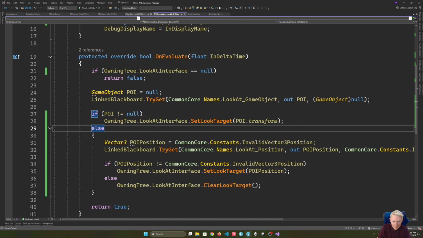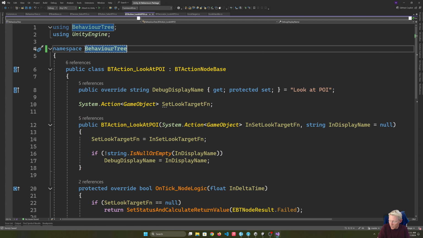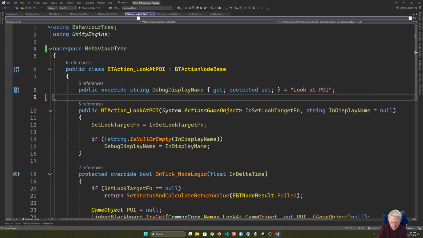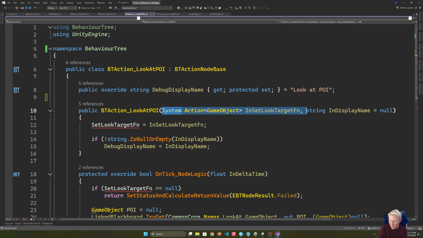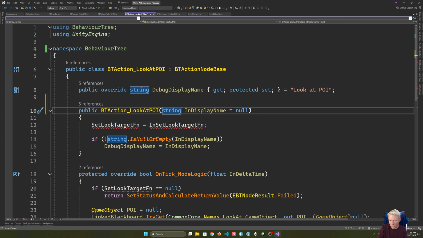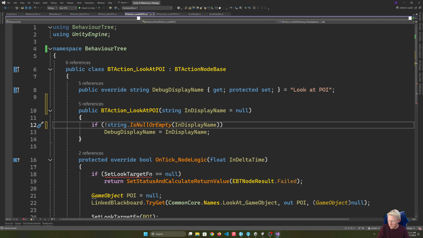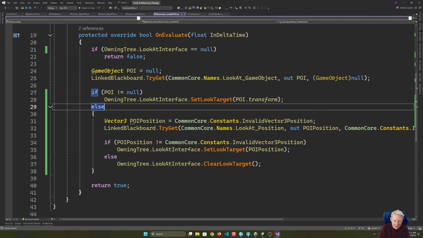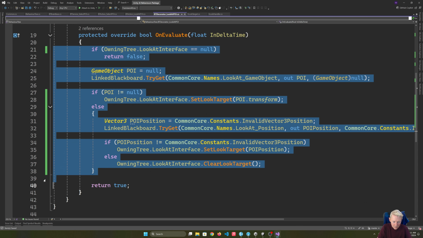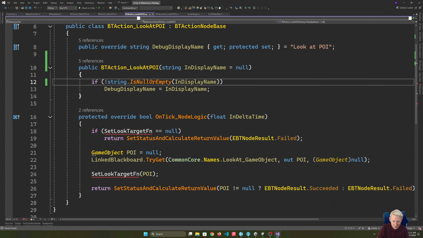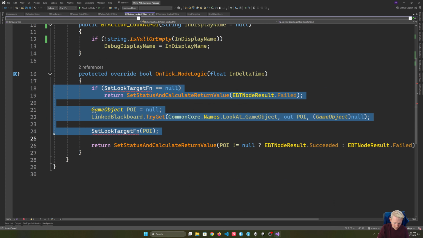So that's one updated. We've also got our look at POI here. That needs to be updated. And the logic here is going to be pretty similar. We still don't have that actual function. So all of that side of it still actually goes. And then what this looks like here is going to be very, very similar to what our decorator is doing. So much so that as a starting point, I'm actually going to bring it across because it is so similar and we want to not waste time